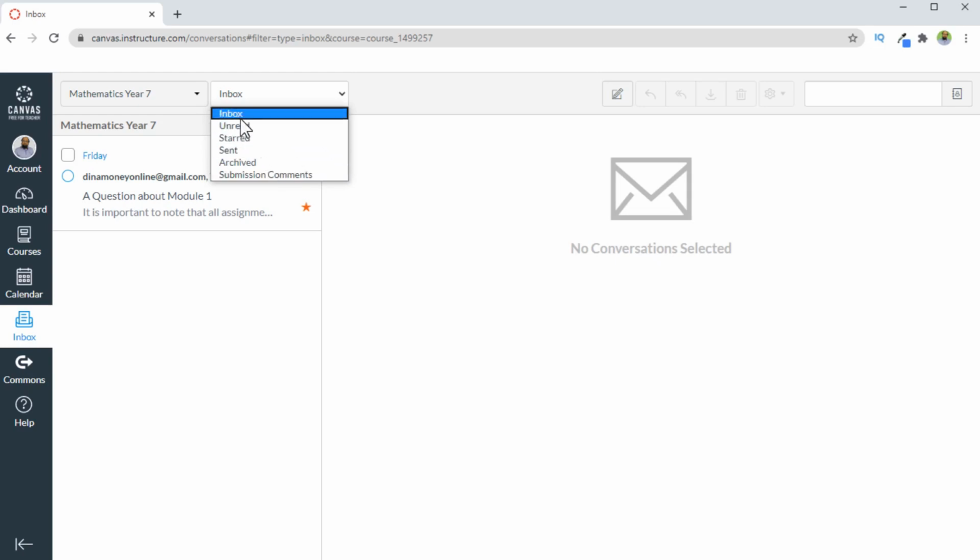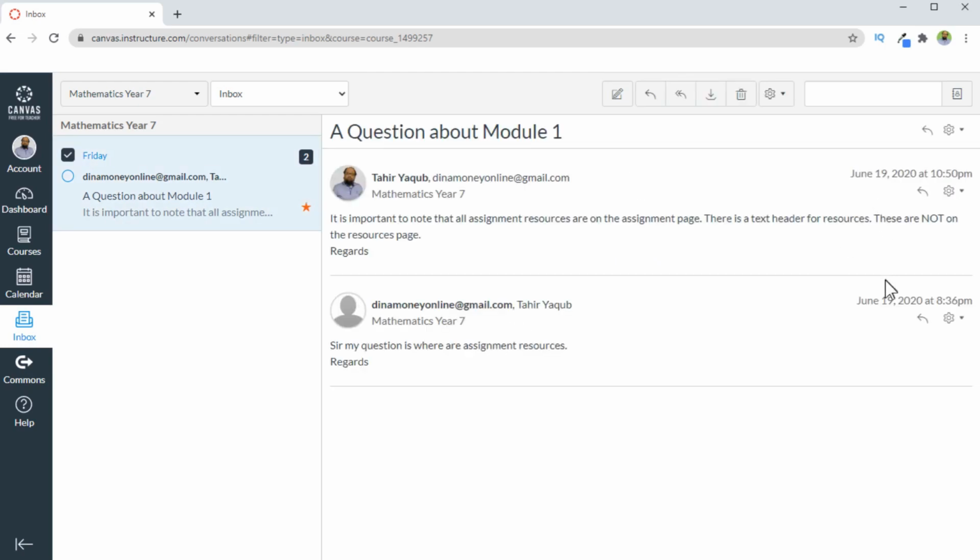So first, for example, I click on inbox here, and now I can see that I have two messages here. And if I click on this, I can see those messages on the right hand side. The latest message appears at the top, as you can see from the timestamp. One of my students, which is actually my own account, sent me a message and then I replied to that. You can also see the course name here underneath my name. And if I want to further discuss this matter, I can still click on this reply button.